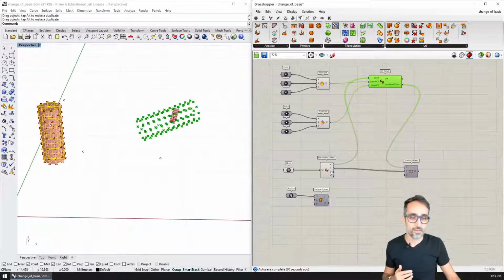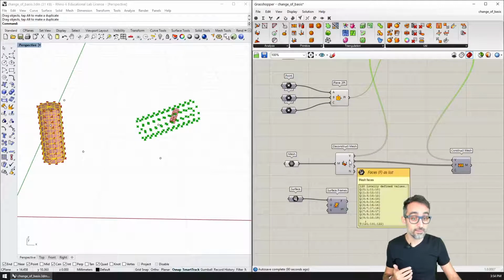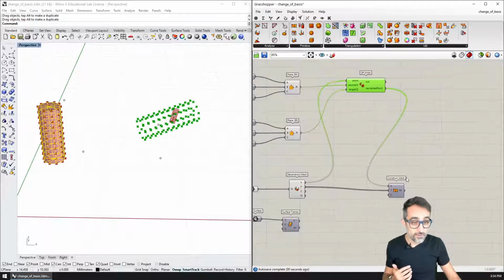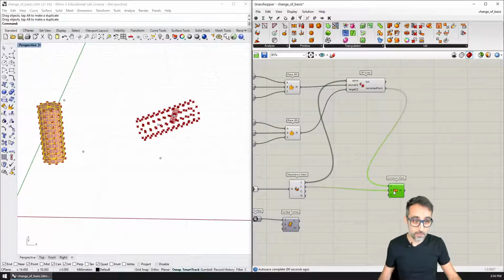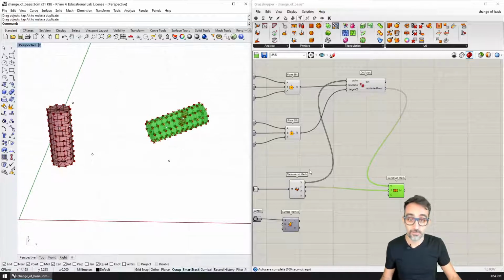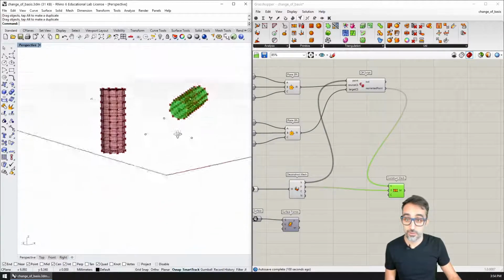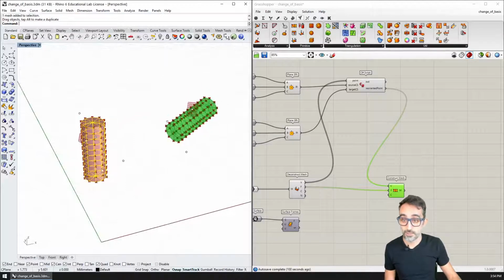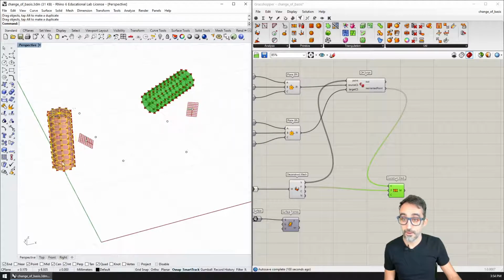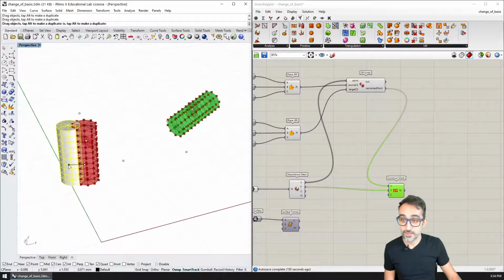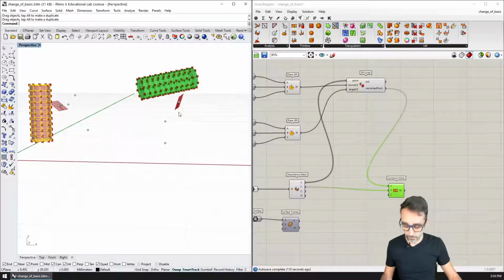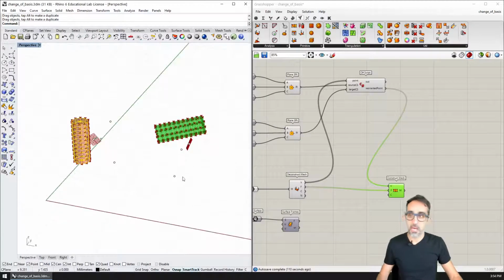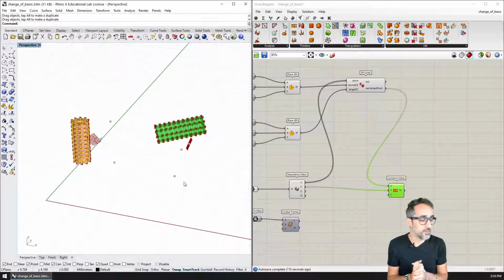And finally, because in Grasshopper I have the connectivity of the faces, I can reconstruct that mesh in 3D space by using the translated vertices, but using the same connectivity of the faces. All right, so therefore I now have my translated cylinder from one local coordinate system to the other local coordinate system. Okay, I think this is pretty cool and pretty neat.